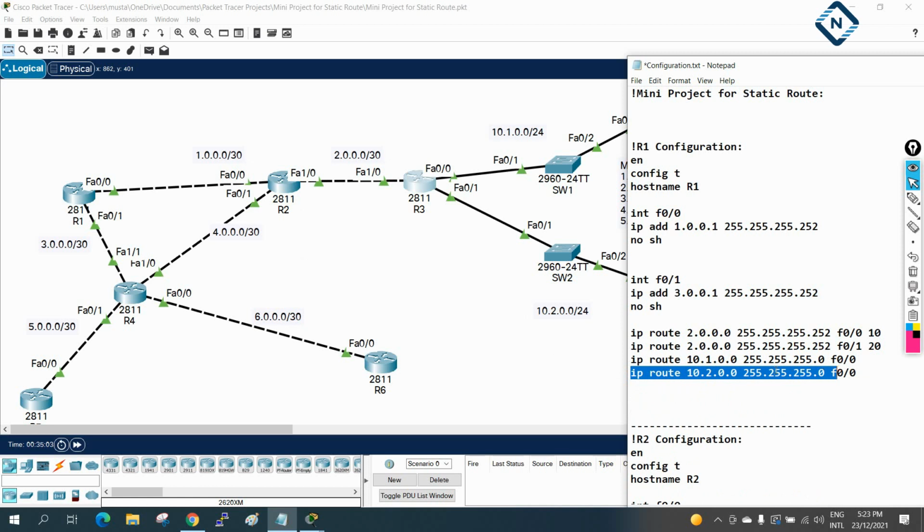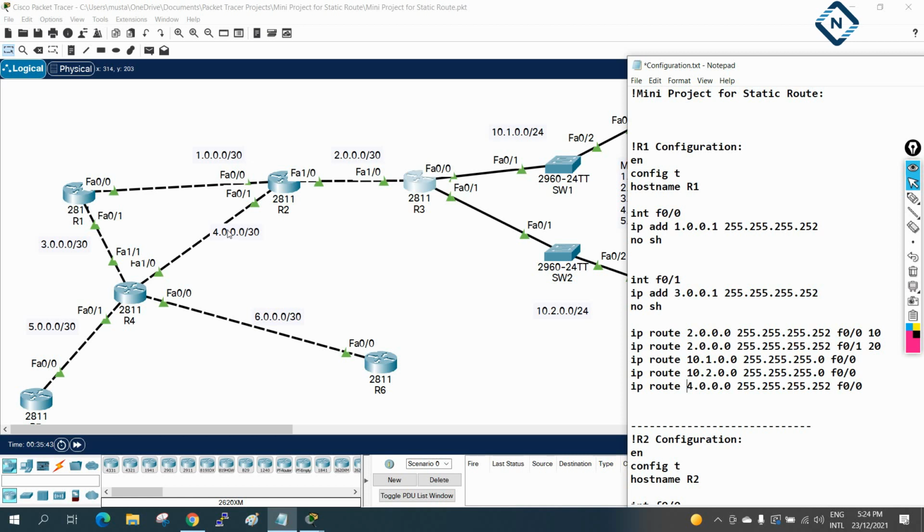So I will copy this whole thing, and paste it here, and here instead of this one I will write 4. If anyone wants to go to the 4.0 network, then forward that traffic here. So I will make this a 4, and all will go to this interface F0/0. So I will make this F0/0. If anyone wants to go to the 4.0 network here, forward that traffic, leaving from this interface. So it will go here, and this is directly connected to them, so they can move this way.